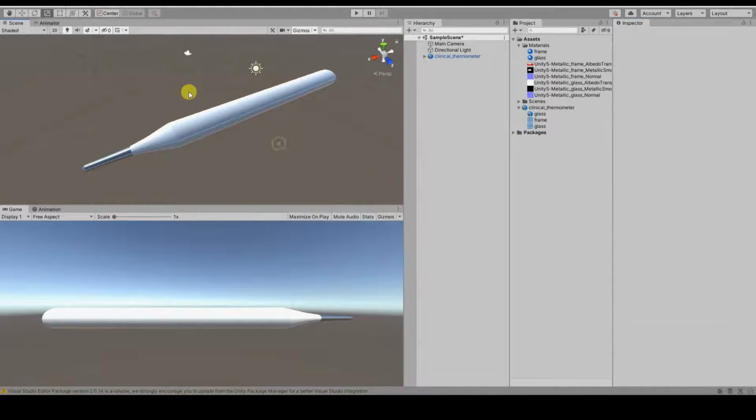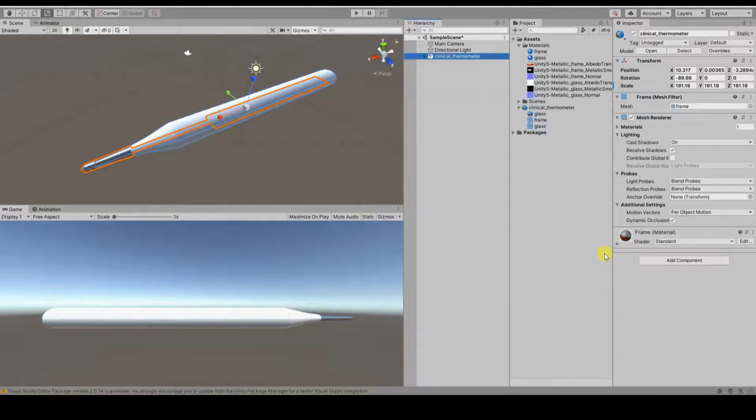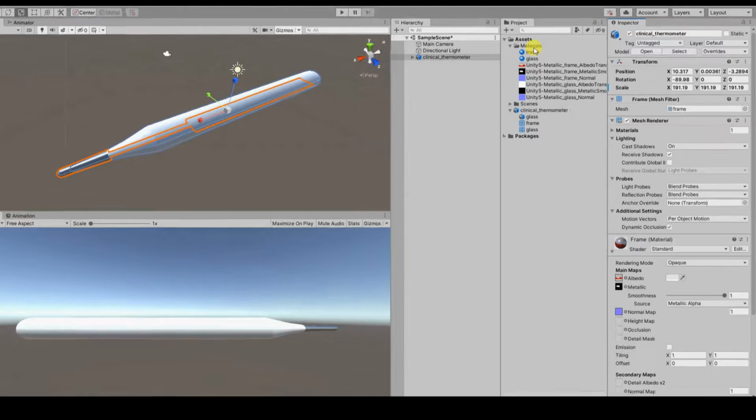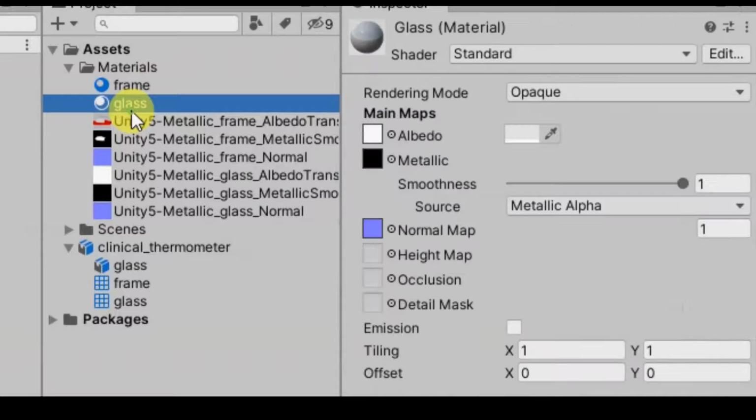I'm working on the prefab of the asset in the project window, so we can see the changes immediately in every instance of the prefab, like the one I made by dragging the prefab in the scene. There is no need to do anything else to set a basic opaque material.